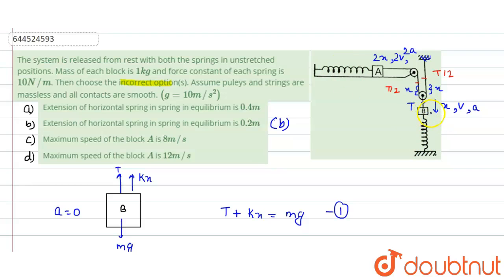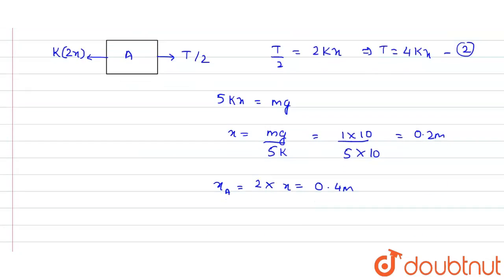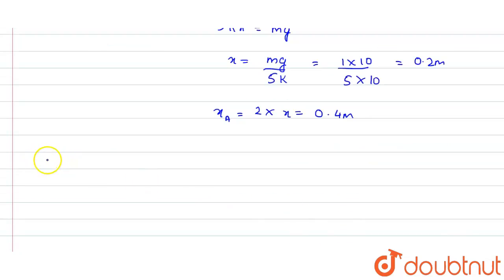Now it would be having some velocity, so it would be having kinetic energy, as well as some kinetic energy would be imparted to our A. So what are the various energies? Potential energy would be decreased, kinetic energy for A and B would be increased, and elastic potential energy for the horizontal and vertical spring would be increased. So we say that change in potential energy mgh would be manifested as 1 divided by 2 m into v square for our B,